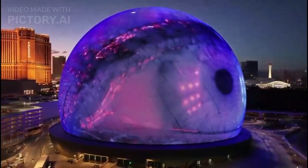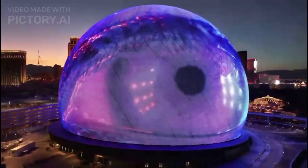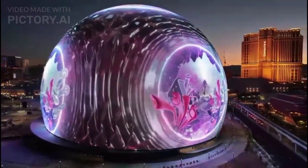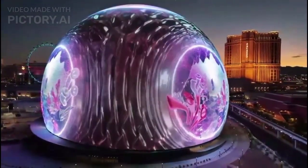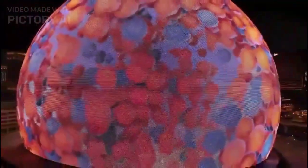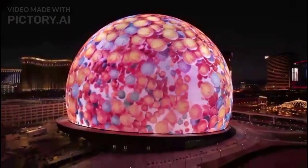The sphere also has an advanced lighting system that can create different moods and atmospheres for different events. The lighting system uses thousands of programmable LEDs that can change colors and patterns in sync with the sound and the screen. The lighting system can also project holograms and 3D images onto the stage, creating an illusion of depth